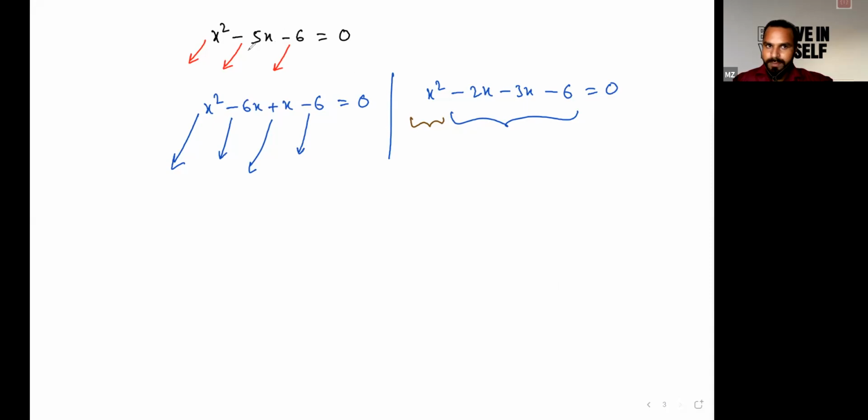If you split this particular minus x in terms of -2 and -3, it will give you 3 negative terms and just 1 positive term. So it can't be paired. That's why I haven't taken this. So use the concept: if the last term contains a negative sign, then this particular middle term would be split in opposite signs. Then you will get 2 positive and 2 negative terms.